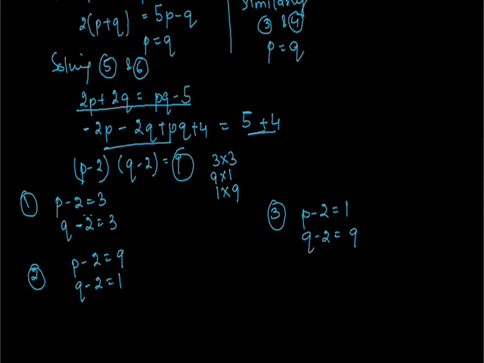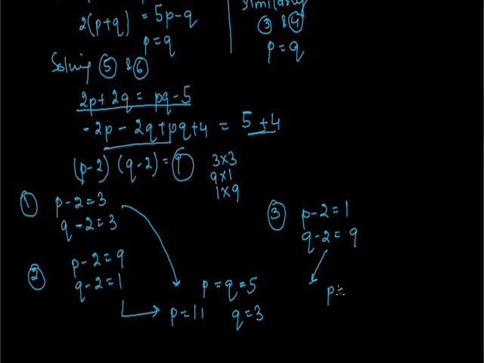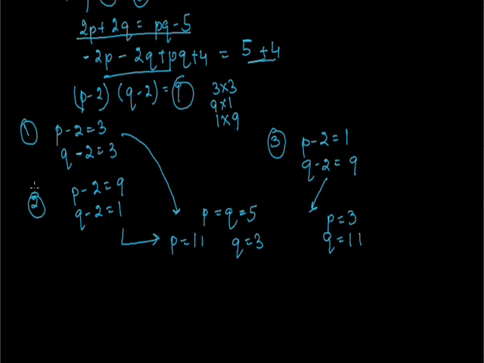Solving all this, if we solve this first case, I'll be getting P equals Q as 5. Solving this one, I'll be getting P equals 11 and Q equals 3. Solving this third one, I'll be getting P equals 3 and Q equals 11. So I can write it as,